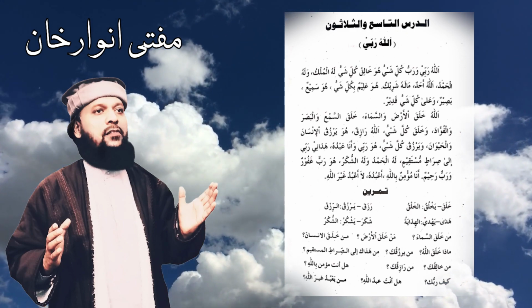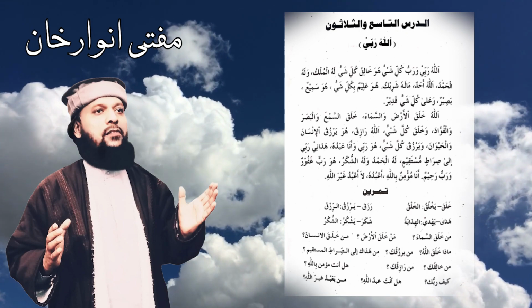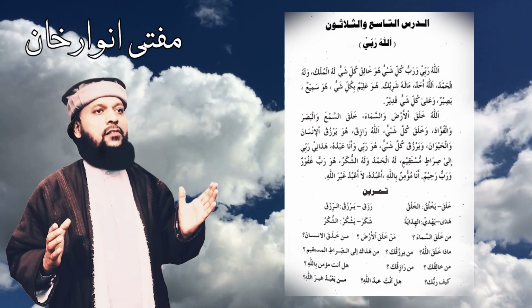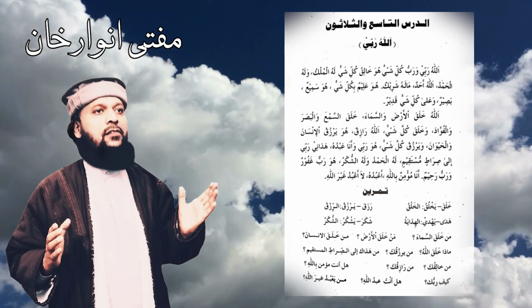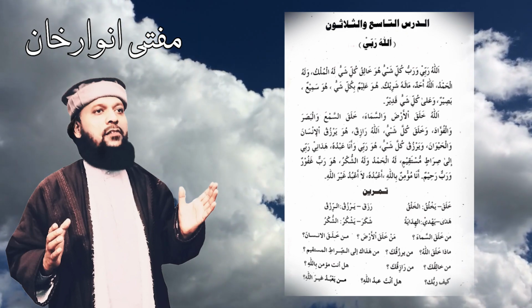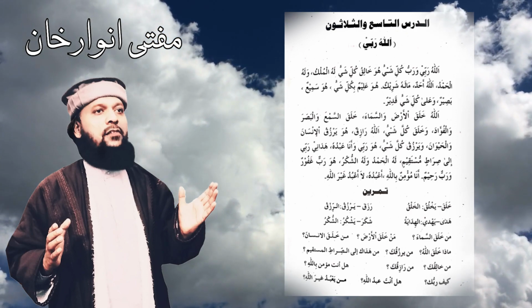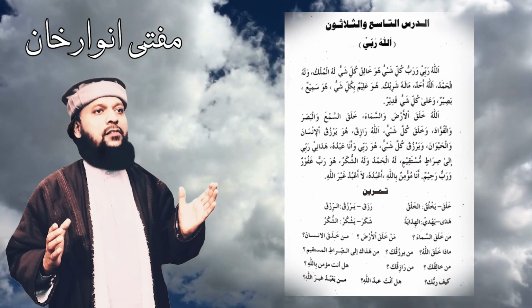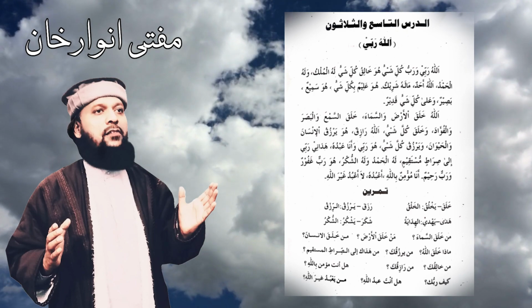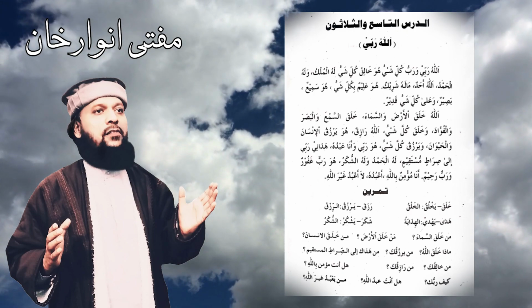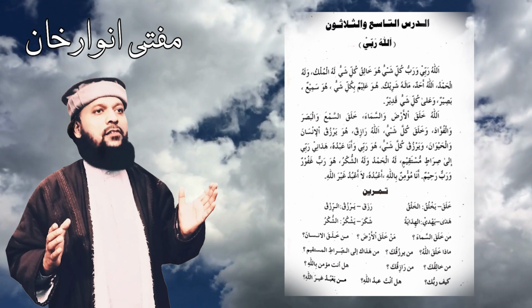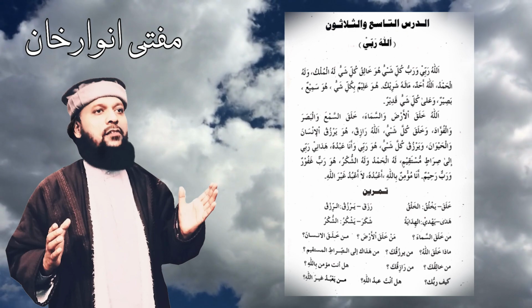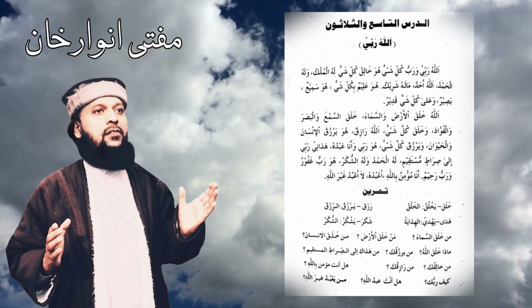Another important concept which we will study in this chapter is the ismul fa'il. Ismul fa'il literally meaning the name of the doer. This is a certain form which is constructed using the Arabic verb, which shows that someone is the doer of something, which describes the doer of something, like